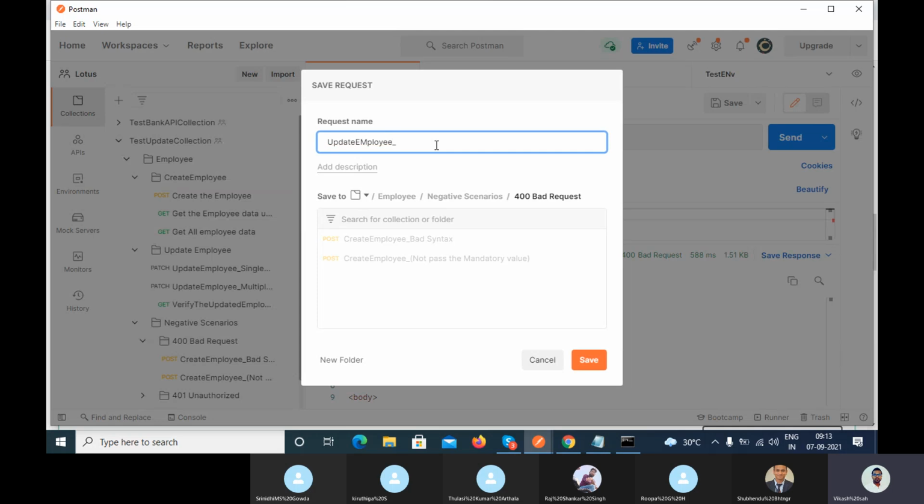Update employee, bad syntax, something like that. If you are passing a wrong enum value, then you can name it wrong enum or invalid enum, and pass the property name here, like invalid enum value